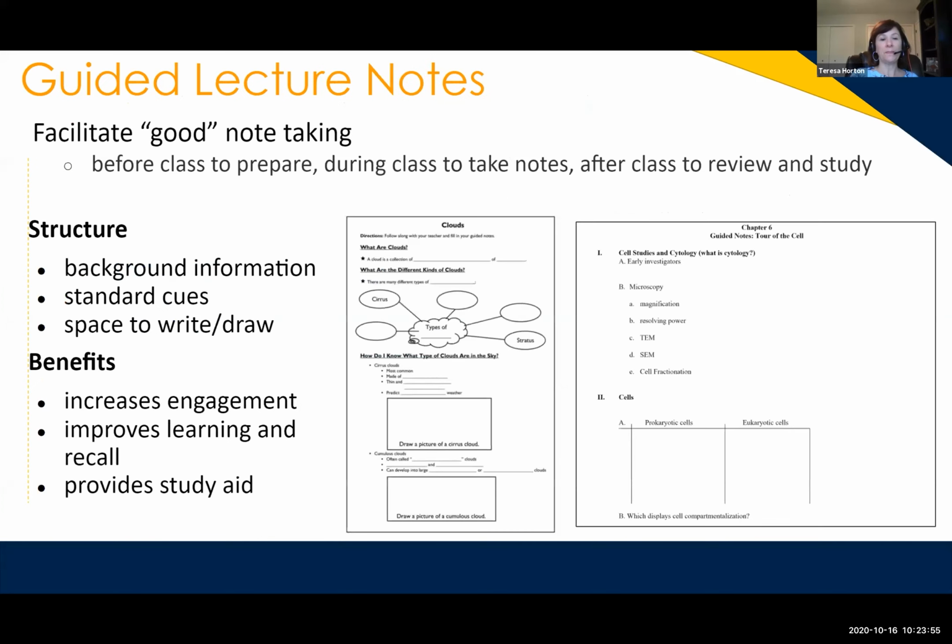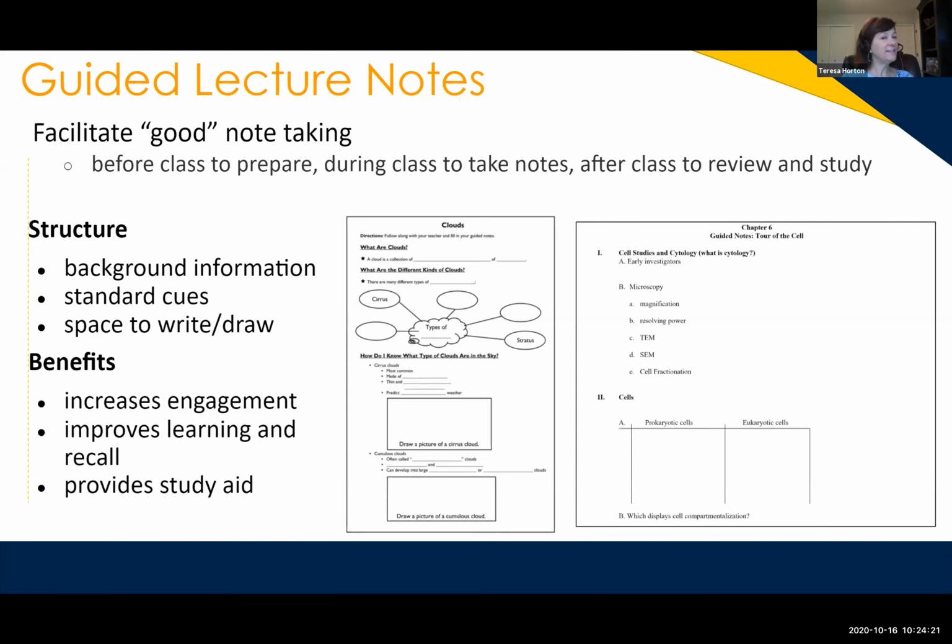class. I have an example here of a study aid, just to go into a little bit of detail, something that a lot of people are doing now. They're using guided lecture notes. And I think this is particularly helpful now that so many people are lecturing on Zoom. But guided lecture notes are instructor created handouts that really provide an outline for students to start taking their notes